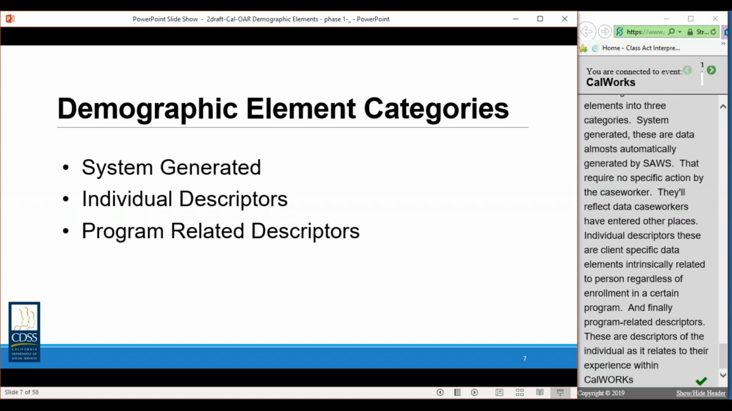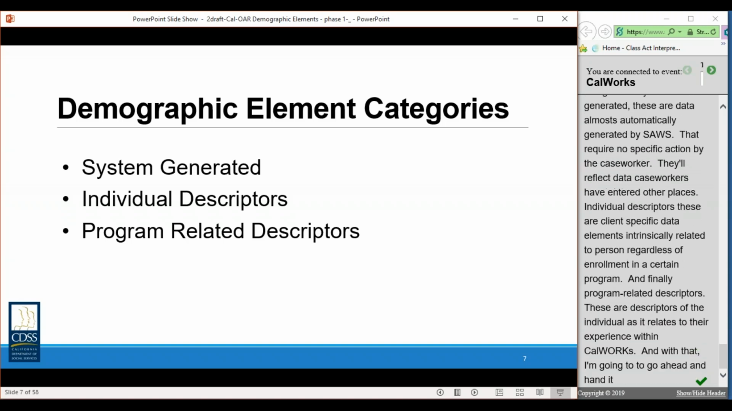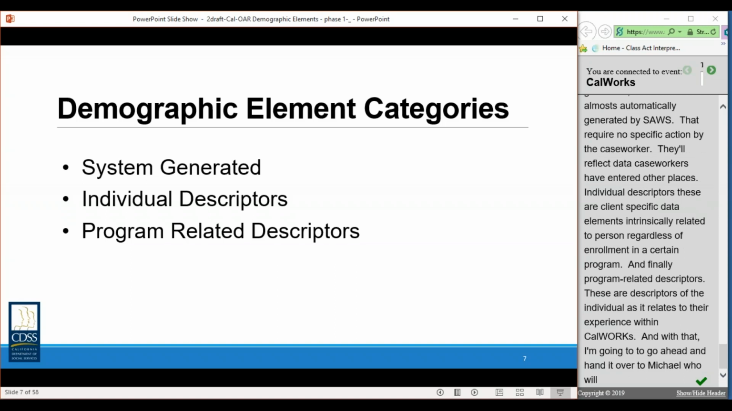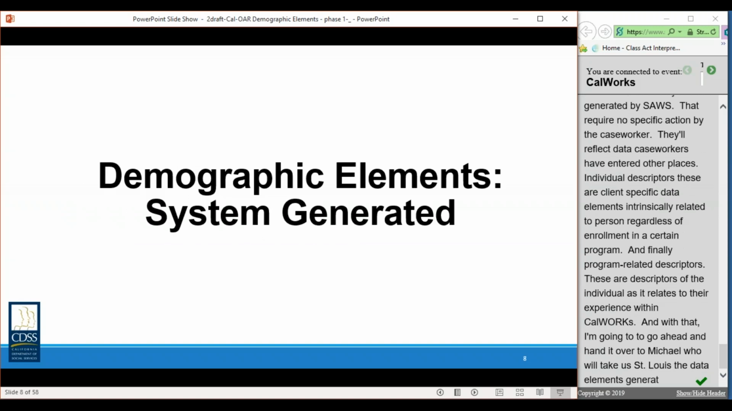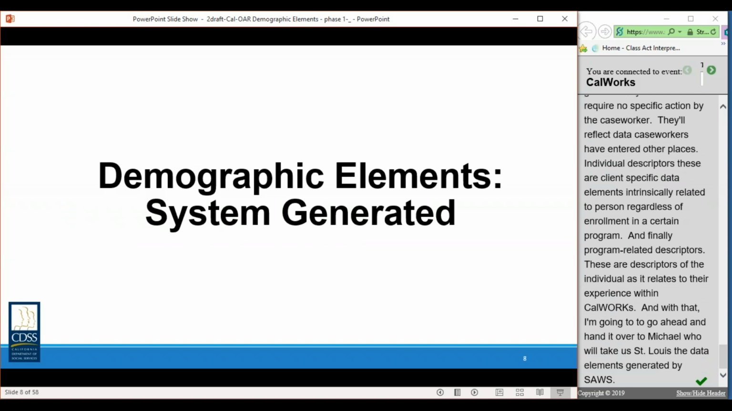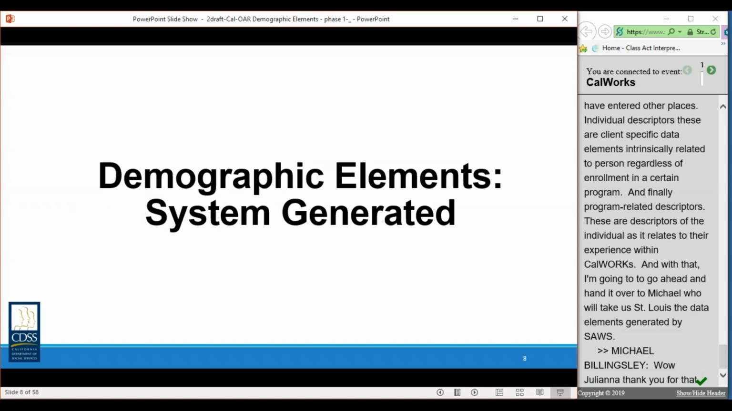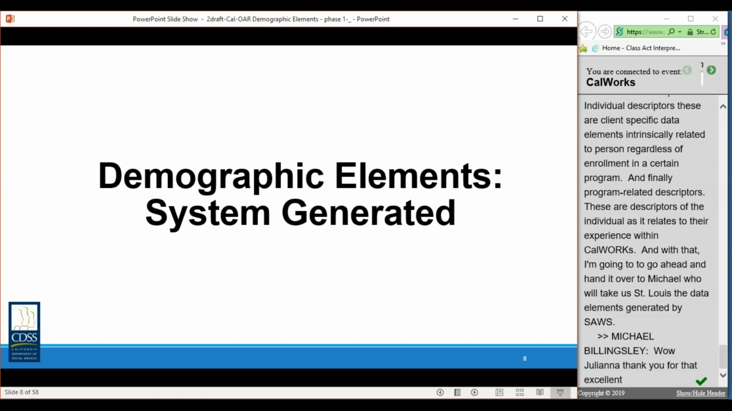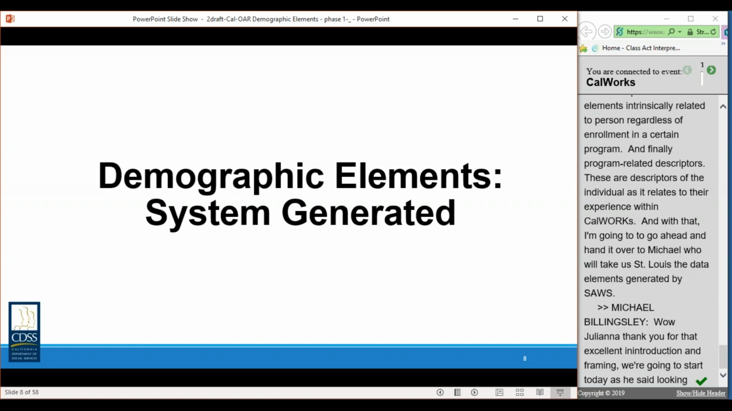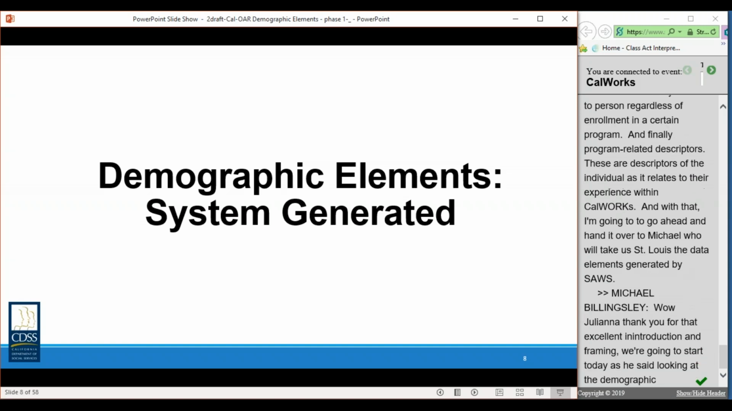And with that, I'm going to go ahead and hand it over to Michael, who will take us through the data elements generated by SAWS. Wow, Juliana, thank you so much for that excellent introduction and framing. So, we're going to start today, as she said, looking at the demographic variables by looking at those that are